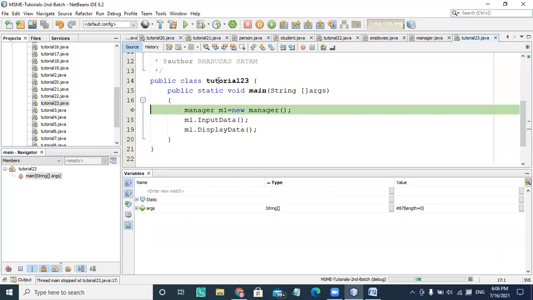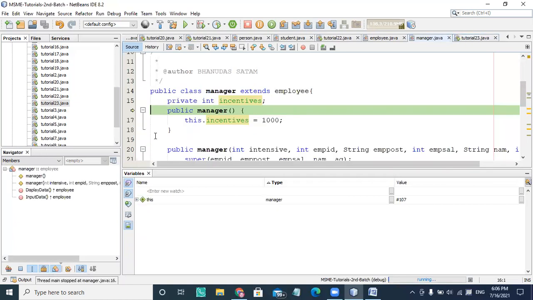If you see tutorial number 23, the manager object is going to call here, and the manager object is going to call the constructor of manager. If you click on step into, it's going to call the manager constructor. This is the manager constructor, and initialization is taking place here.